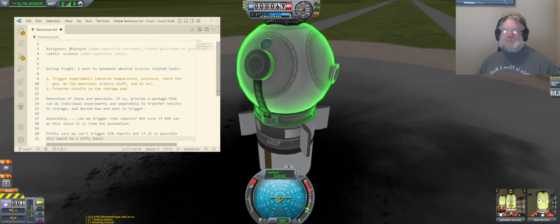Now, I really doubt I can do anything EVA, because when you are EVA, you are not under the control of kOS. So, is it even possible? If you are EVA but attached to the vessel, is kOS still running? If it is, can it say, get an EVA report? Can we later then transfer the EVA report into storage? This is all something that would be ultra cool to be able to automate as we are on orbit,